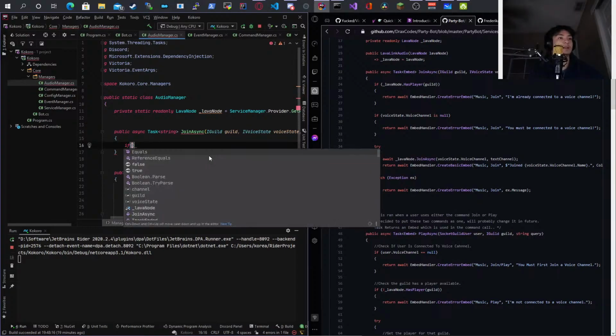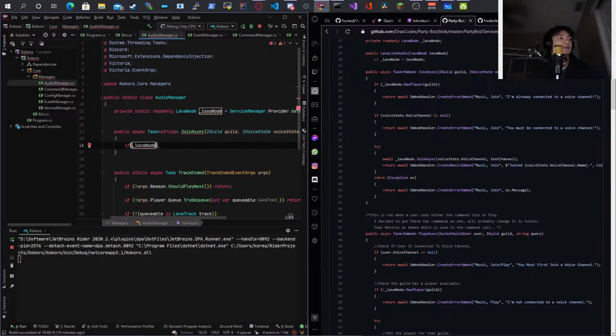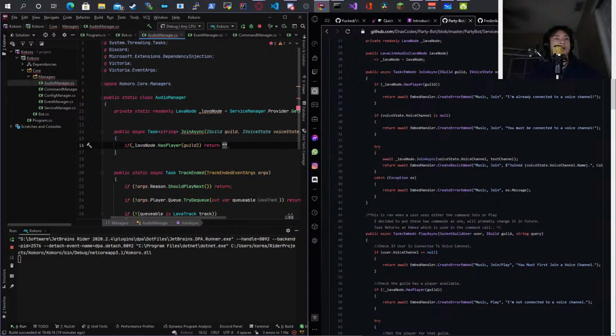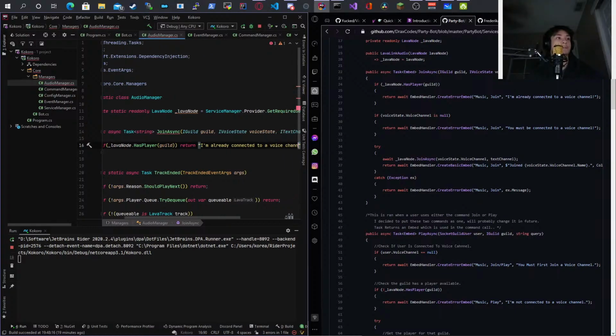Okay, so if lavaNode.HasPlayer(guild), then I'm going to return "I'm already connected to a voice channel", or I can just say VC here.